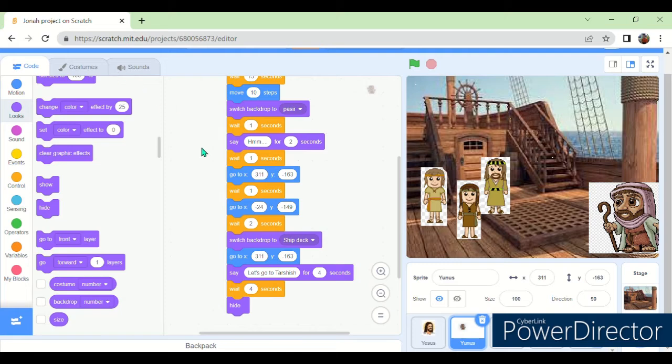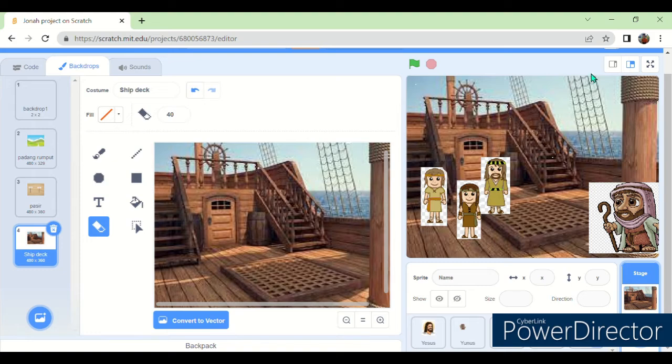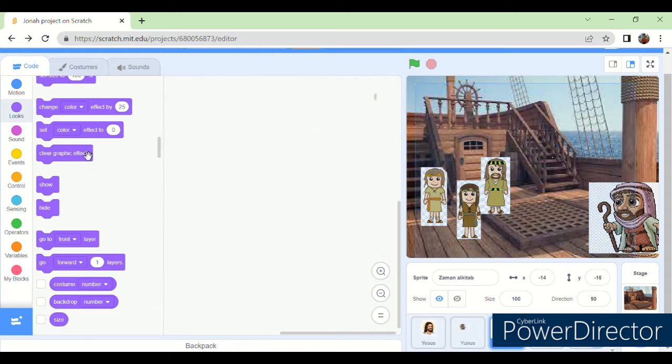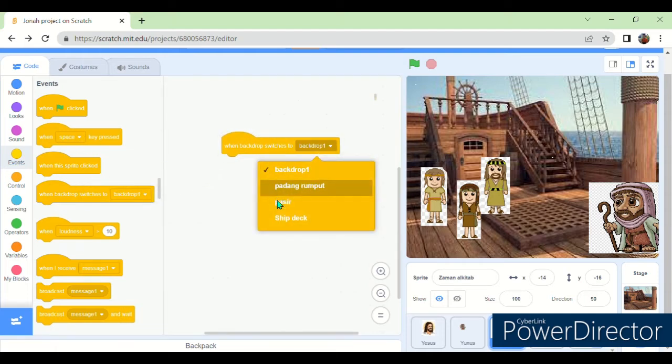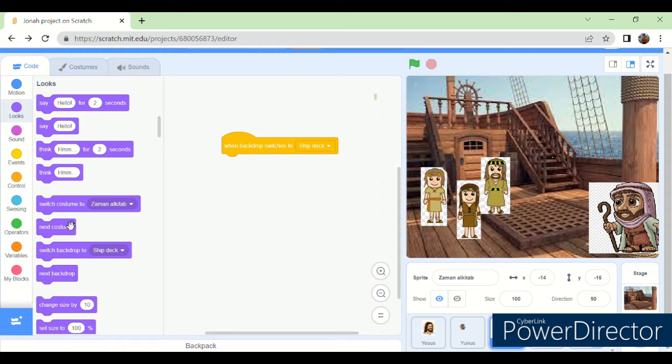After you add some codes for Jonah, let's go to backstage and backdrops. Next, let's add codes for Jonah's friends. So we're gonna use when backdrop switches to ship deck, and then go to looks, and then show,